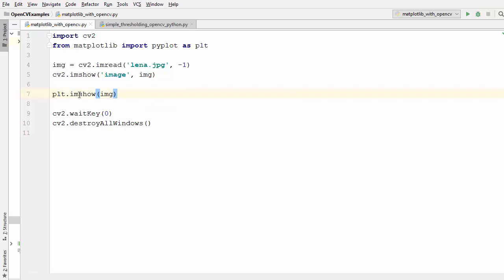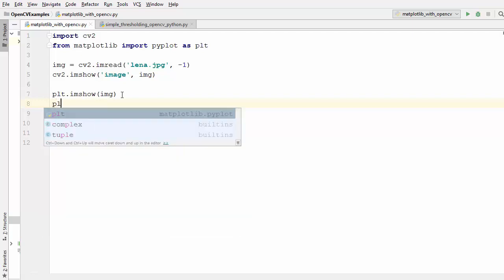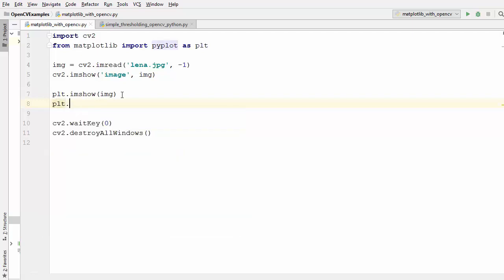So for now, just write this kind of code, and to show the matplotlib window, you just need to write plt.show.